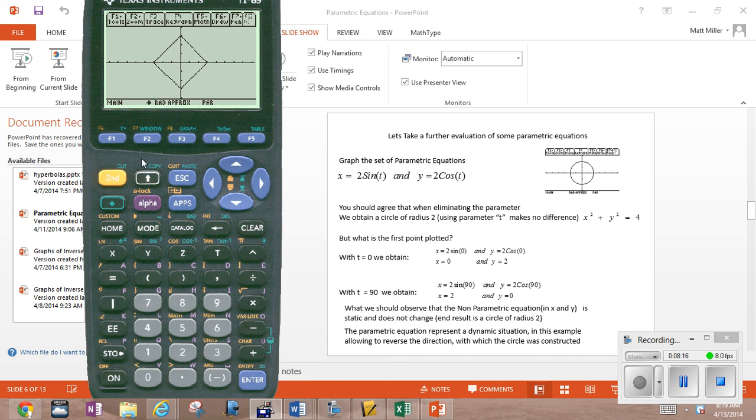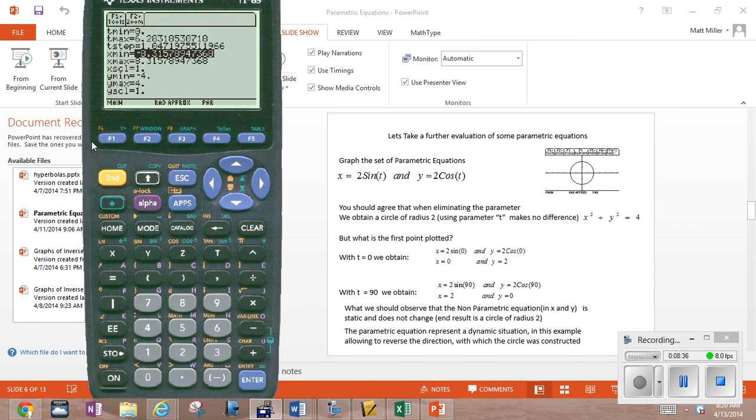Now, if I play with that t-step even more, if I change my t-step to pi over 3,